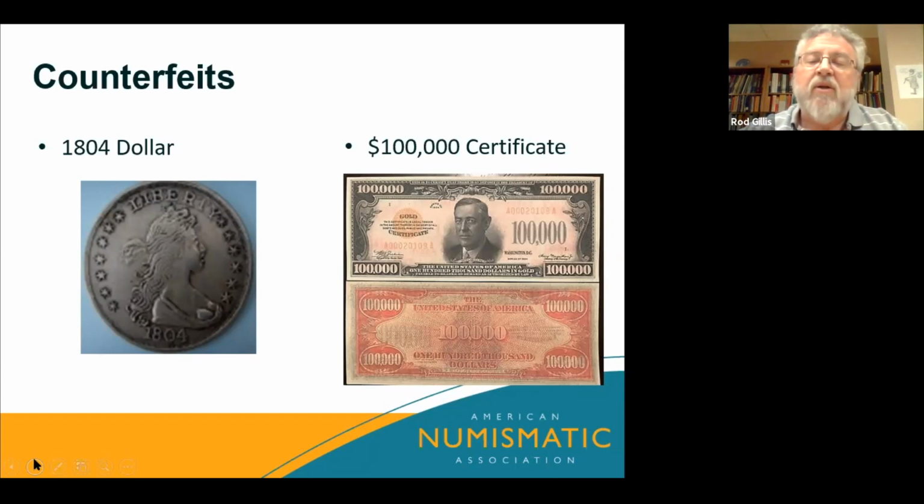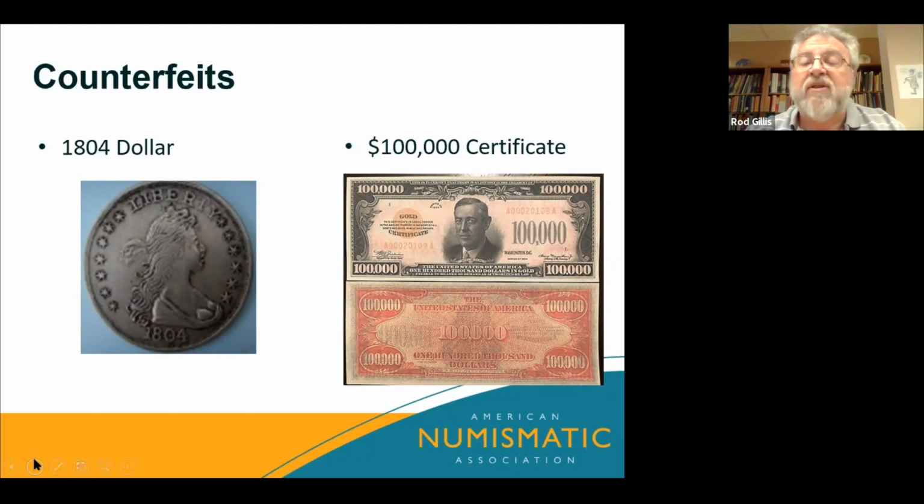On the right-hand side, we see a $100,000 certificate. $100,000 certificates actually did exist. They were not created for the public use, however. They were created to make large transfers from one Federal Reserve Bank to another. And all of them were only made in 1 year, 1934. And after they served their purpose, they were all returned to the Federal Reserve Bank. The vast majority of them were destroyed,